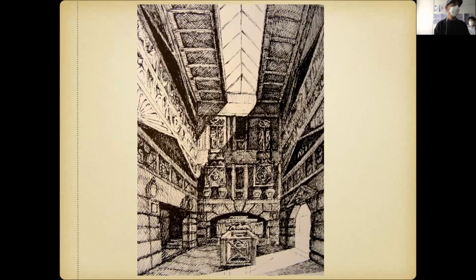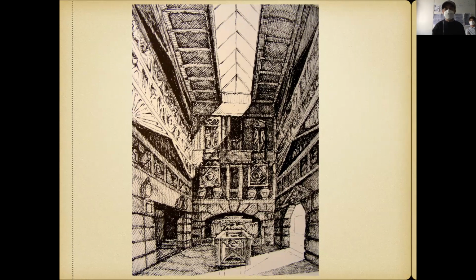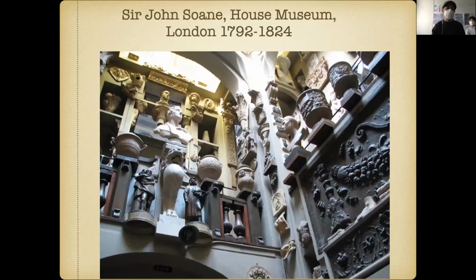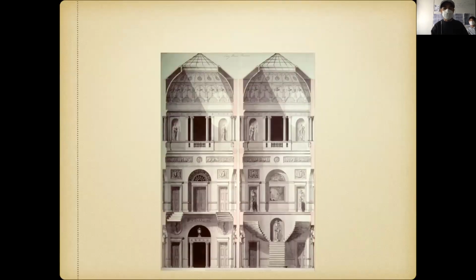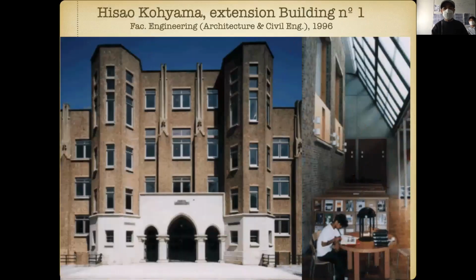And the inspiration is clear from John Soane's museum we visited the other day. Koyama traveled often to the UK and France. He liked very much those Gothic old buildings, and of course, John Soane. And Koyama was also a student of Louis Kahn. So you can see some flavor of Kahn in those elevations, right? Well, this is the reference. Sections we didn't see today by John Soane.